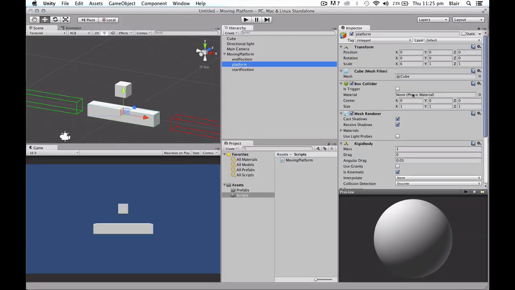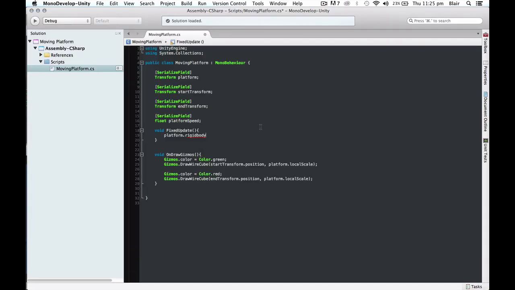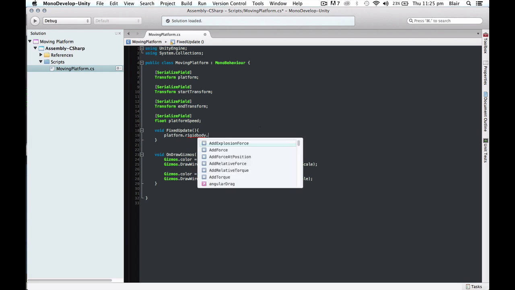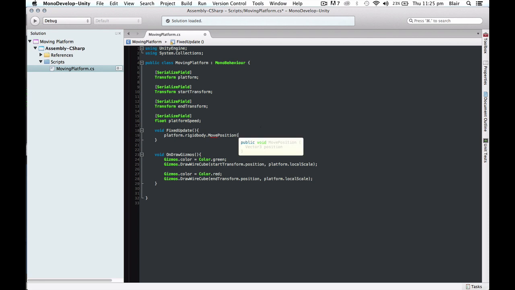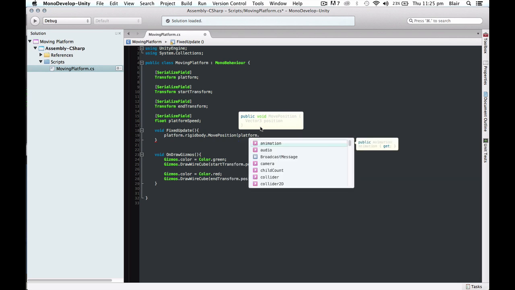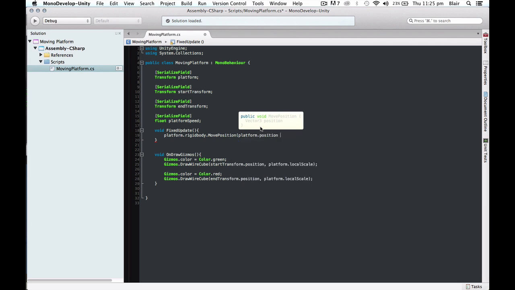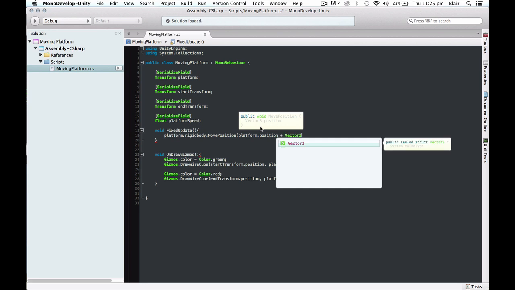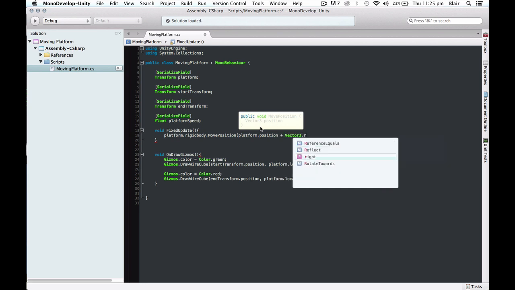So we're accessing the rigid body component on our platform now by writing that. And we're going to use a method on the rigid body called move position, and I'll explain that in a minute. So move position just wants to know the final destination of the rigid body. So we're going to start by taking its position, and for the moment we're just going to add global right to it,